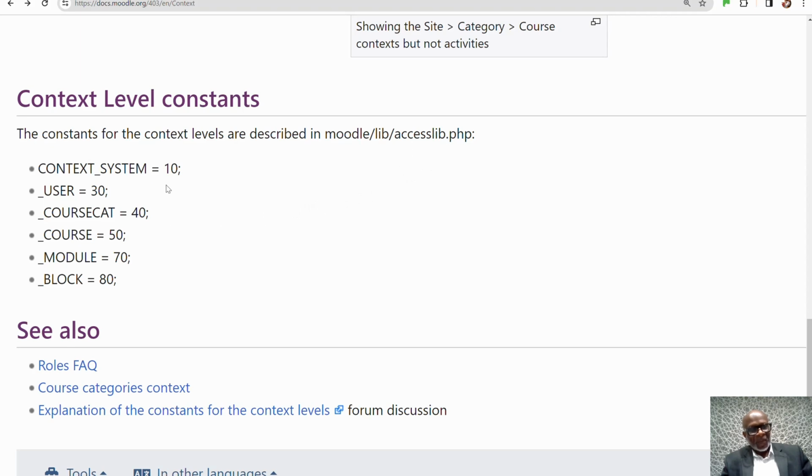Context system, which is the highest one, you get the constant level is 10. For the user, the constant level is 30. For course cat is 40. For course is 50. For module is 70. For block is 80. Now, taking that back to our metaphor, which I was using,